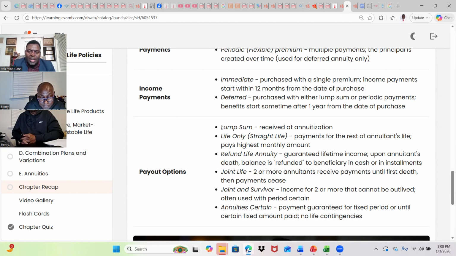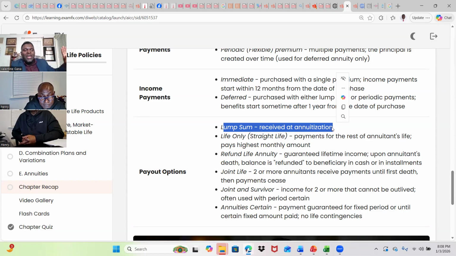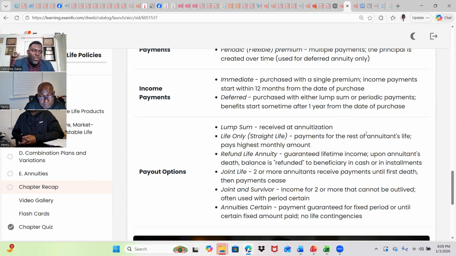Again, like we saw, you can get paid out by just receiving a lump sum at the end. So instead of receiving $69,000 a year, at the end of those 7 years, you just receive a gigantic lump sum for your amount of money. But that would have been the way you contracted with the annuity from the beginning. Life-only annuity means they pay only for the annuitant's life. There's no remainder.